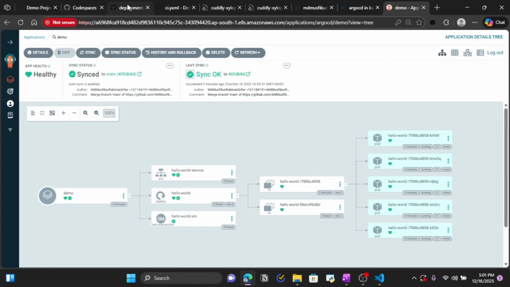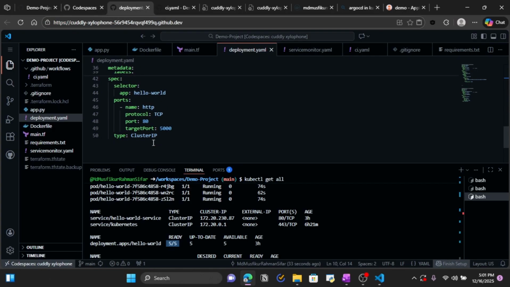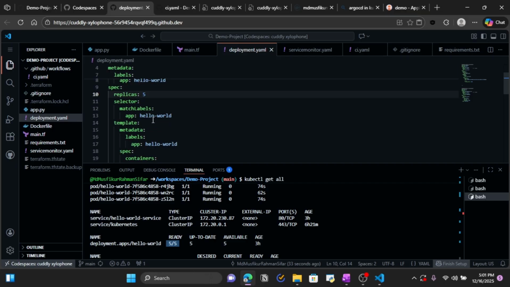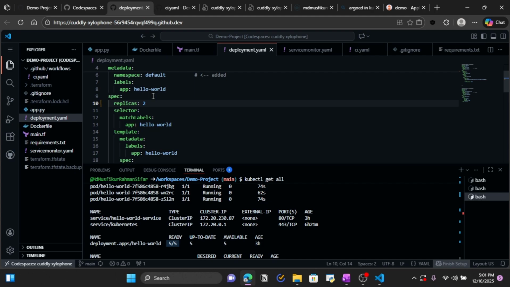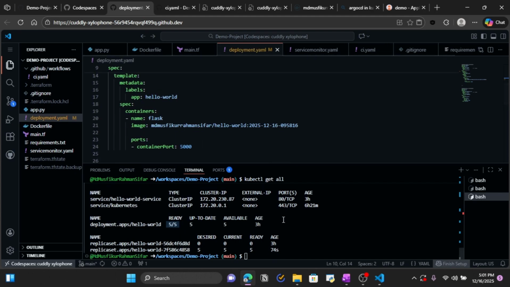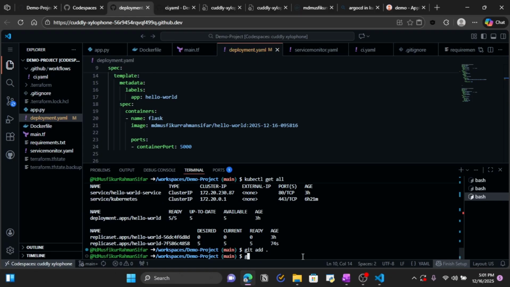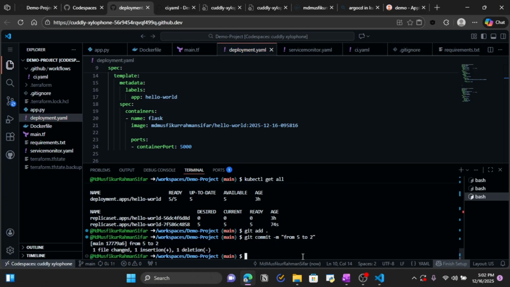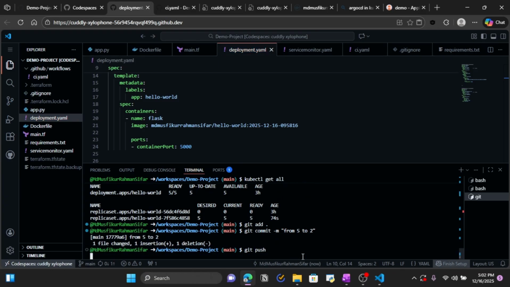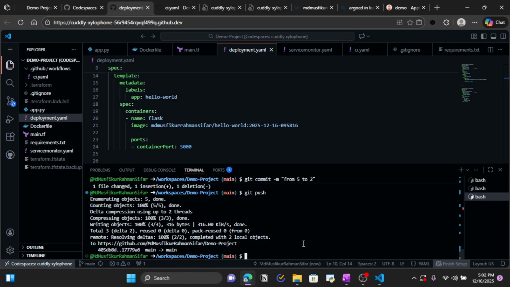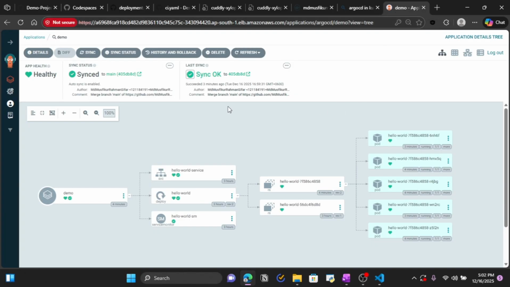Okay, let me again show you guys. Let's convert this from replica 5 to 2. Okay, let me again run it. Control C, then git add, git commit -m "from 5 to 3", 5 to 2, sorry. Git commit and git push, and it is pushed. And if I go to the ArgoCD server again and click on sync,